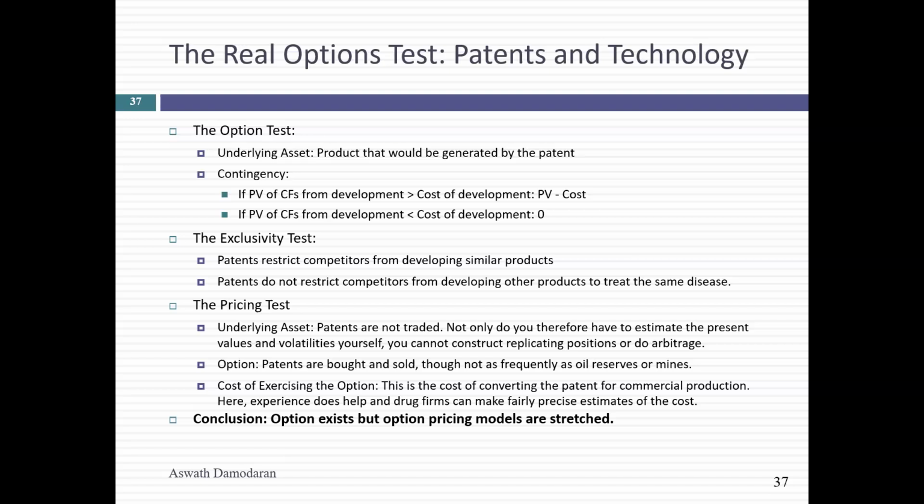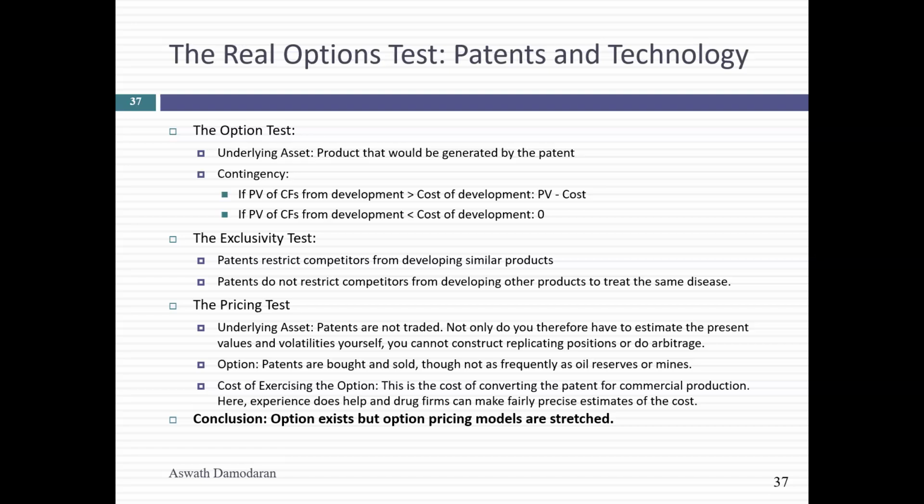So if you have a drug to treat diabetes, you get protection on that particular drug. You don't get protection against other companies working on their own drugs. And that undercuts the value. The exclusivity starts to fail. So let's pass patents through the test. Is there an option? Clearly.